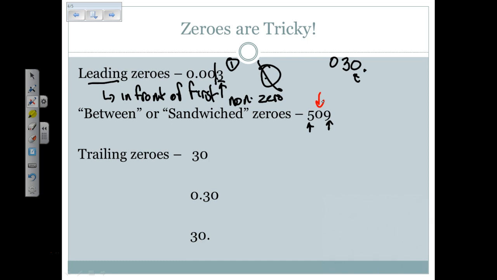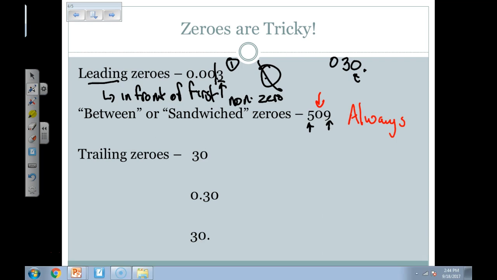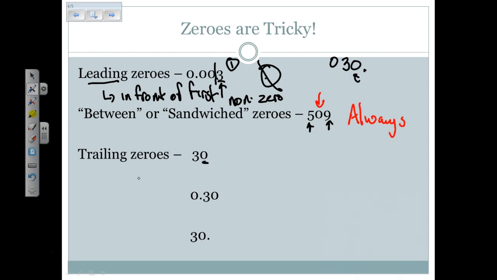And that 0, since it's between 2 non-zero digits, is always going to be significant. Okay? So here's the thing: we have a case where digits are never significant, and a case that is always significant, and now we need to talk about trailing zeros, or zeros that occur after the last